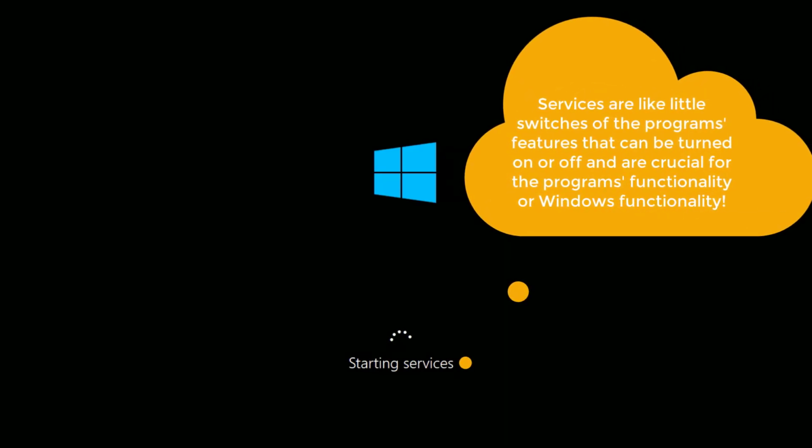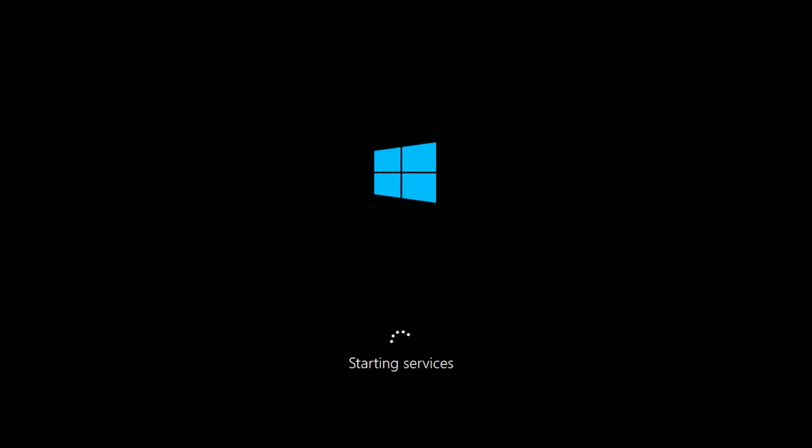Of course, the installation for you may seem much longer than in this video because I'm cutting a lot of unnecessary parts of the video, so you won't get bored. Don't worry, I'm not cutting anything that will affect your understanding of installing. I'm cutting things like the black screen and the circle of loading. This is how I call it. Now we're starting services. Services is a key feature in Windows, in any version. Getting drivers ready,